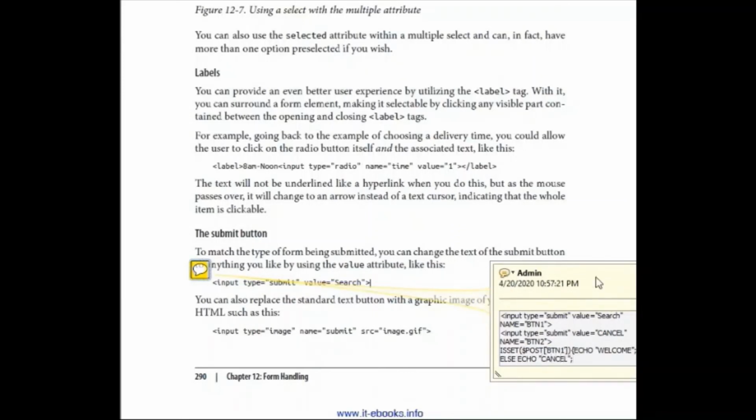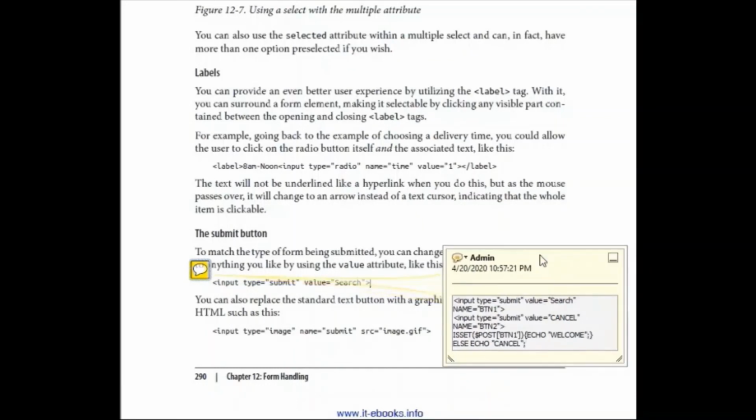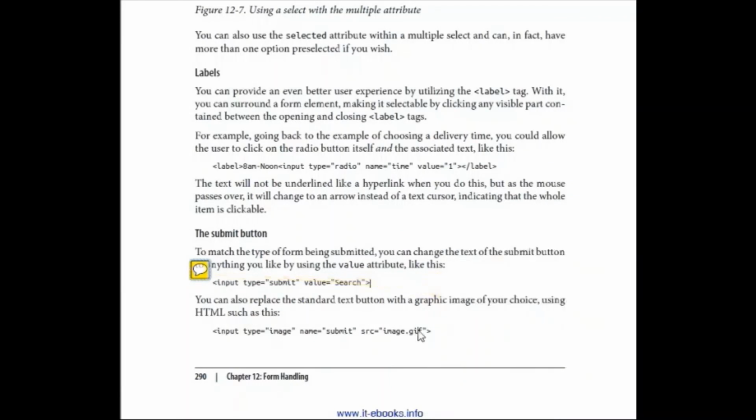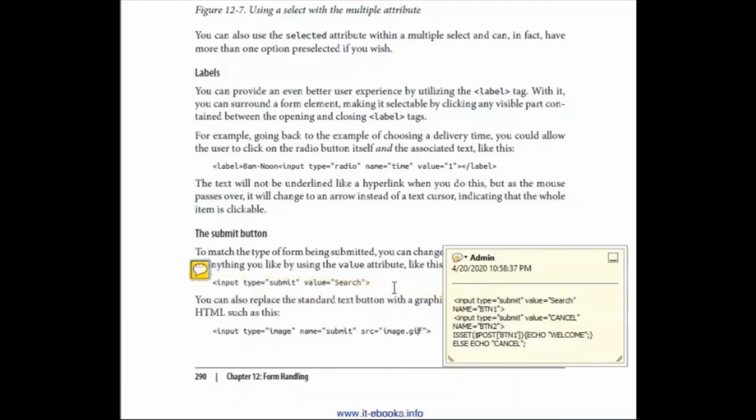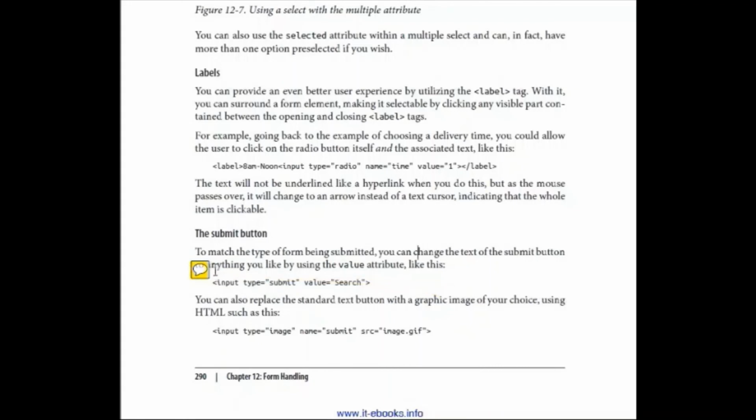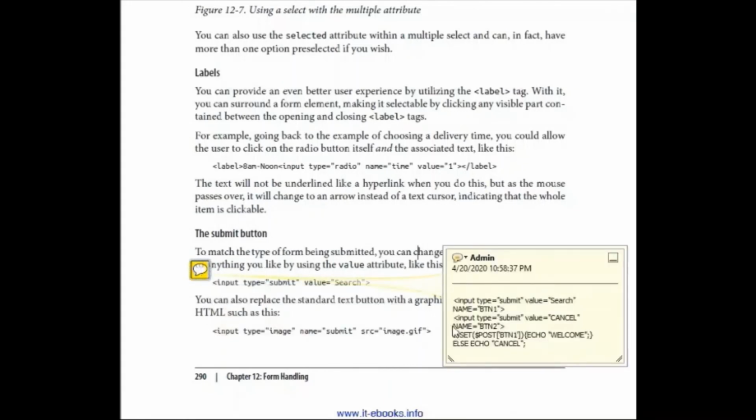For example, if you want to do like this, you can do it like this. If you want to give different functionality to different buttons, this is how you would do it. You would simply use the isset function to tell which button was clicked and perform whatever action accordingly.